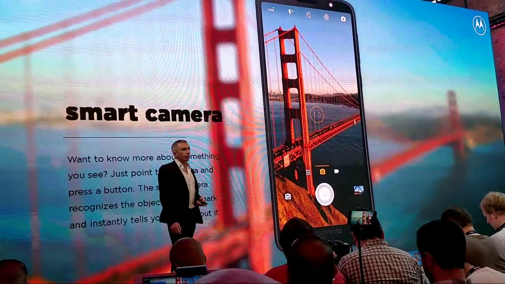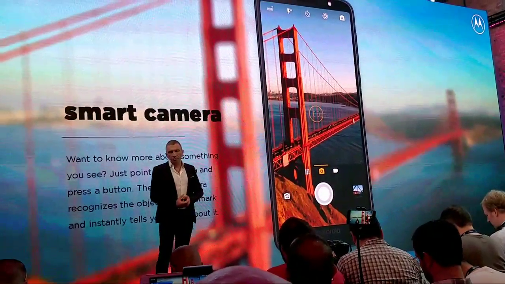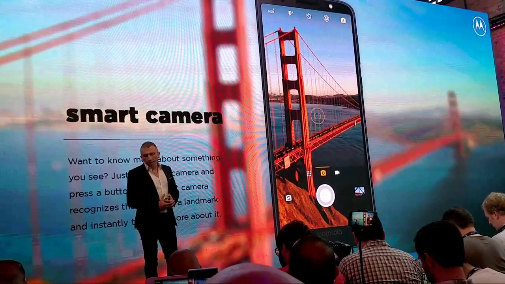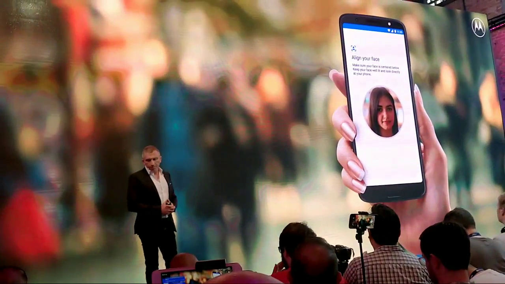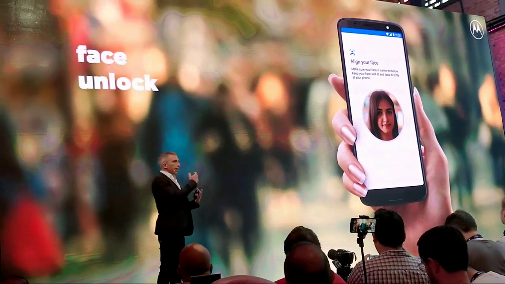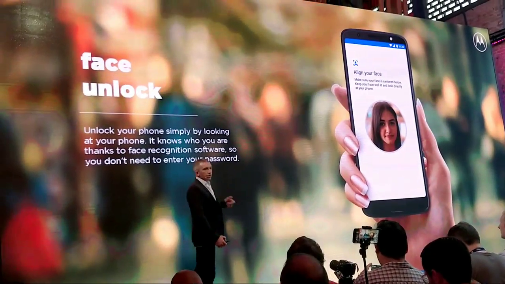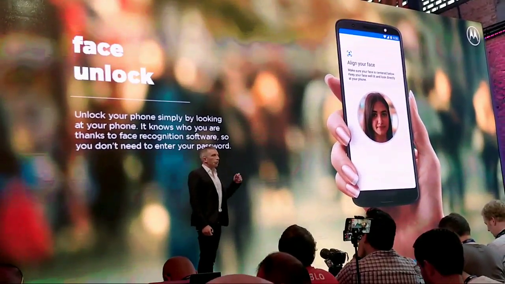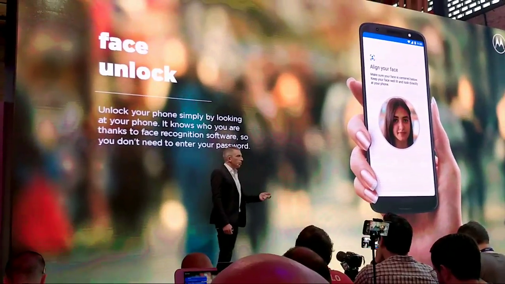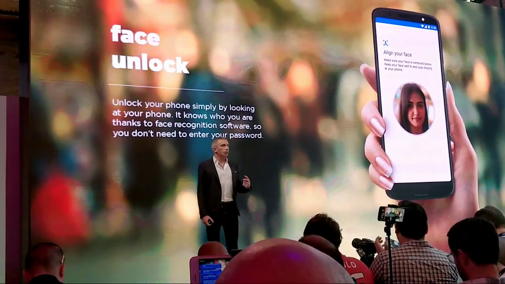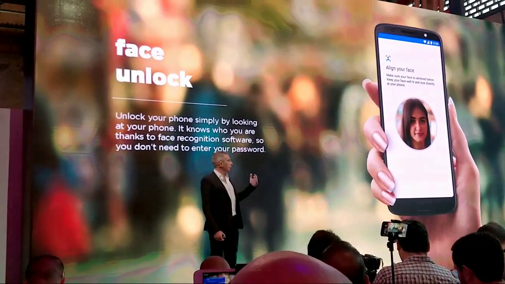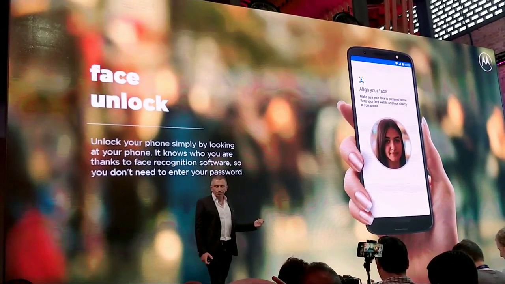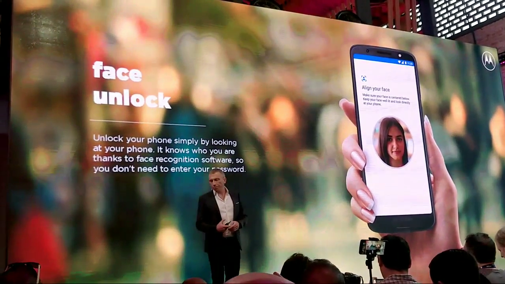And that's very powerful. So that's one example of how AI is coming and powering the Moto experience. The other camera, the front camera, can now recognize your face. It will know exactly and very securely that this is you. So you can use it to unlock your device. You don't need a password or fingerprint anymore. You can just use that. That's the face unlock.